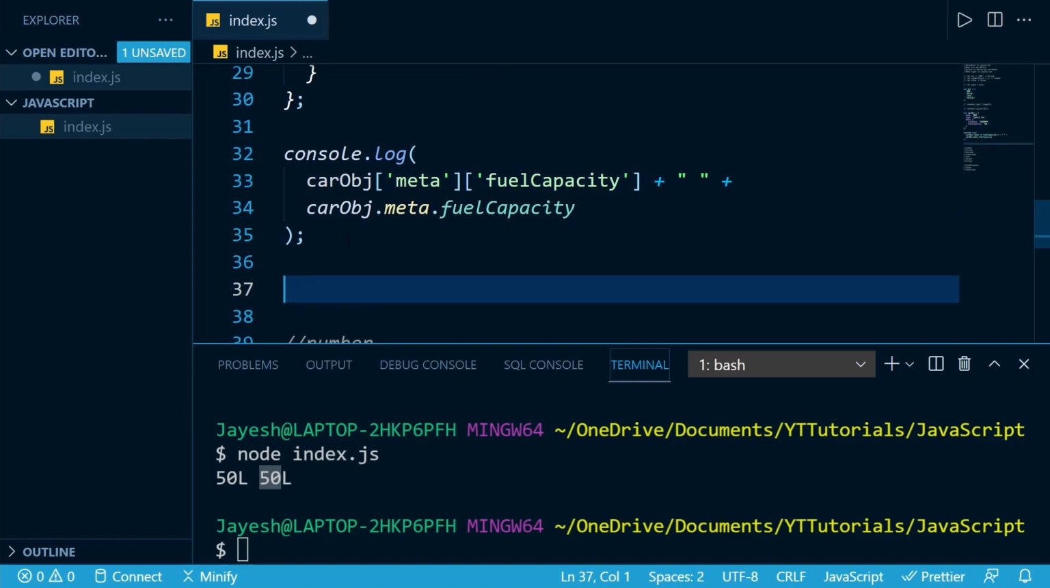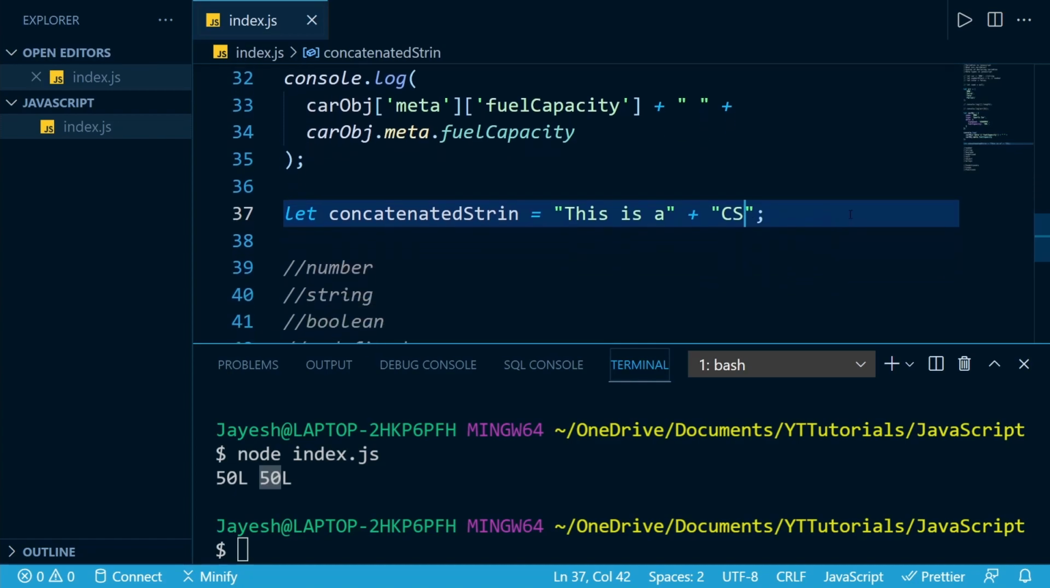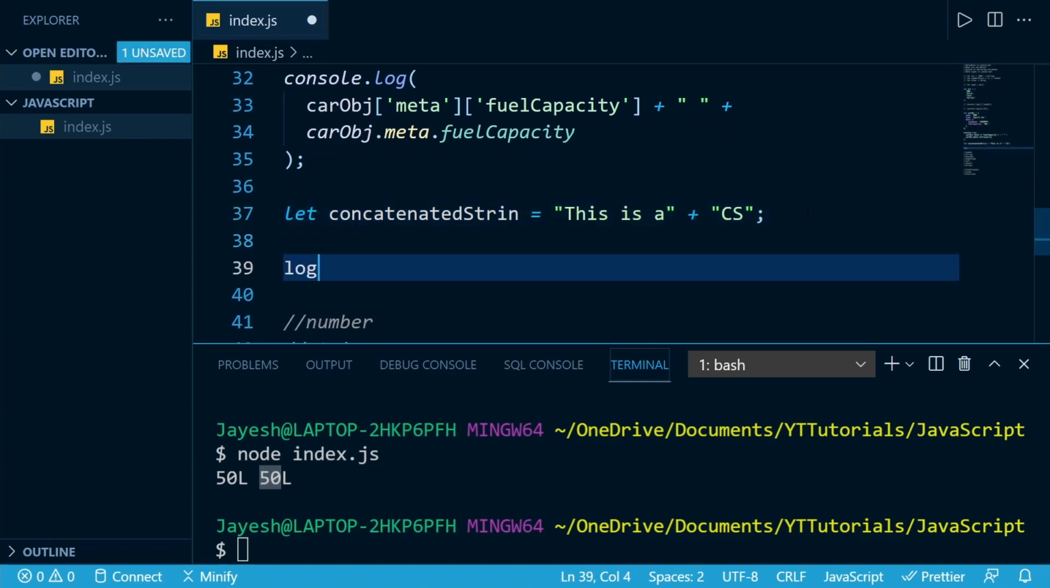Some of the operators provided by JavaScript are, first one is of course the plus operator that we saw here, and it serves two purposes. First, let's say concatenated string is equal to this plus this. So it could be something like this is a CS, where CS just means concatenated string. Okay, and now when we console.log our concatenated string,